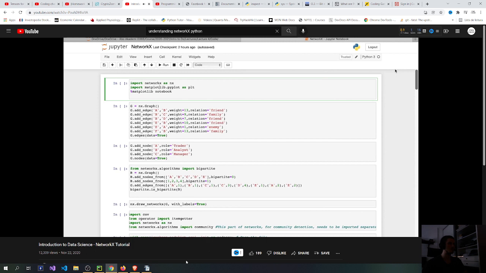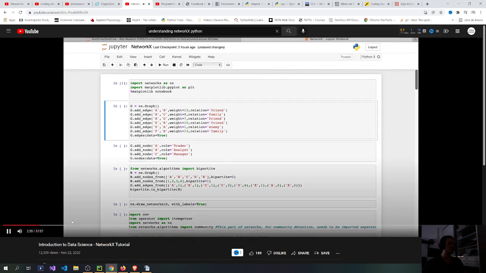So let's start. What we need to do first is basically to import the packages that we need. And for today, basically the most important thing that I need is NetworkX, which I'm importing as nx. And you could have some attributes. In this case, we're thinking about the weights that determine the strength of the relationship between two nodes. And just to have a bit more flavor, we're also going to add some different relationships. For example, if two people, we're thinking about people in this context, are family members, are friends, or